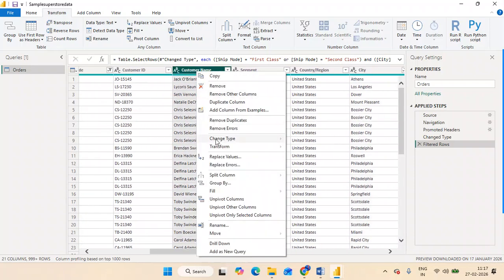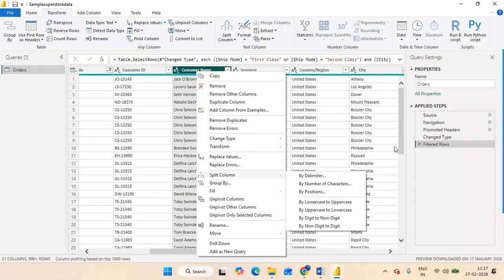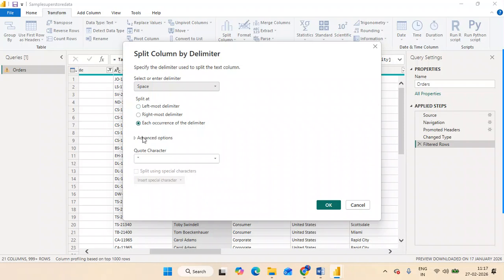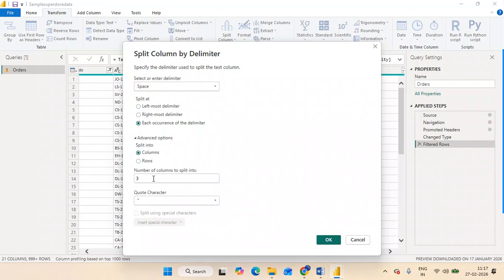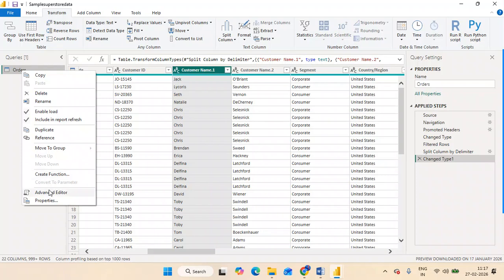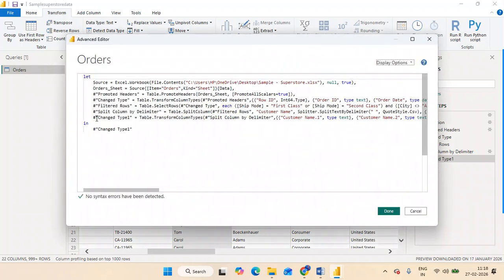Let's say I'm splitting these columns, doing some kind of splitting by delimiter. You can use the advanced option. I want to create two, one is first and second, so it is created. This is splitting the column. Now if you right click over here and go to the Advanced Editor, you can see the option of split and the data type. See here, the customer name is split based on this delimiter. It automatically generates this in the language.